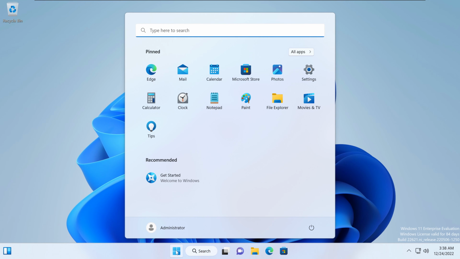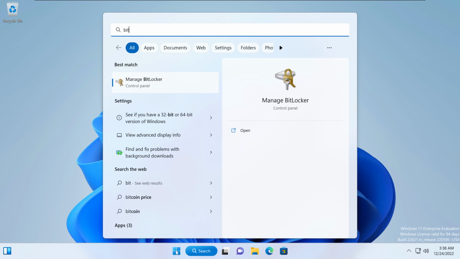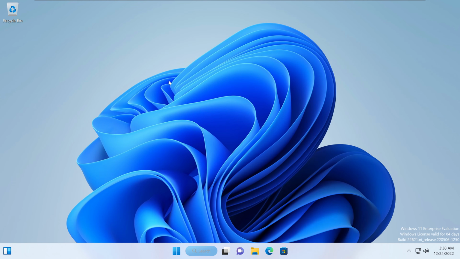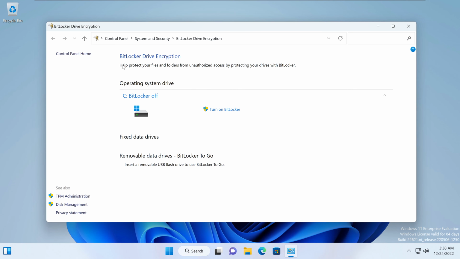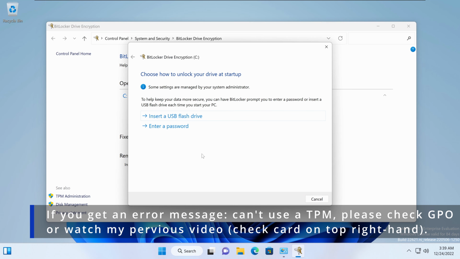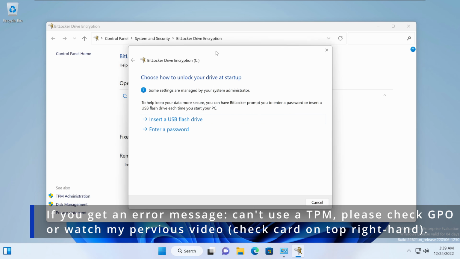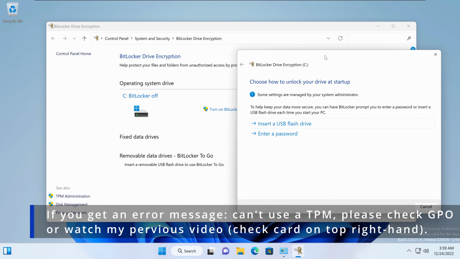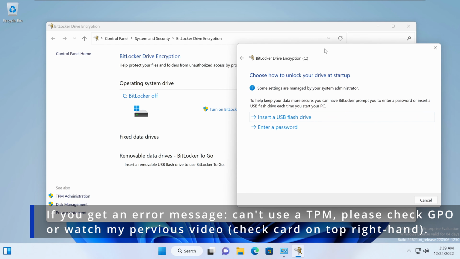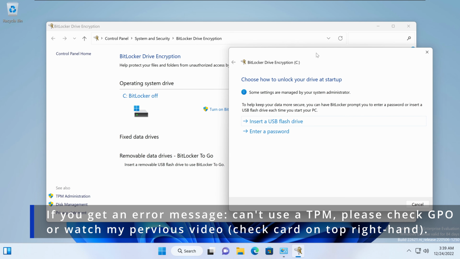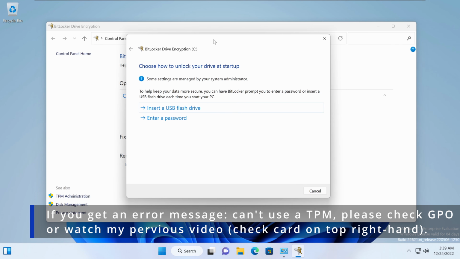I will open the start menu and type BitLocker. You can just type bit and it will show up the Manage BitLocker options. And in the BitLocker Drive Encryption section, we're going to select Turn on BitLocker. You need to have administrative privileges to open this. So if you are not logged in as the domain administrator, it will give you a pop-up window to enter the domain administrator username and password. So once you are here,